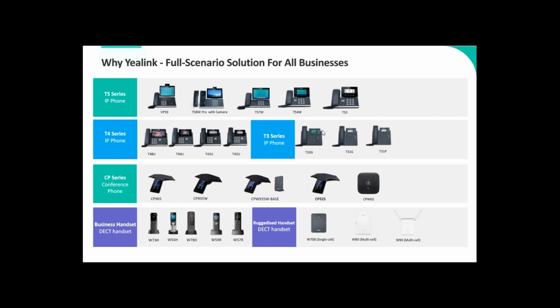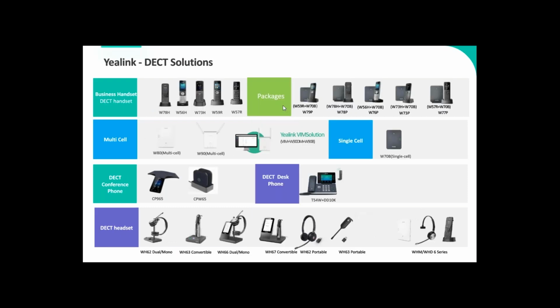Lastly, there is a cordless handset range, which is a big part of what we'll be looking at today, over a number of different handsets and base stations designed to cover all requirements. Here is the DECT range at a glance, and we'll be going through all of this today with the exception of the conference phone. So as you can see, there are a number of different handsets, all with various features suited to different environments, and these can be purchased on their own or as packages with the single cell base